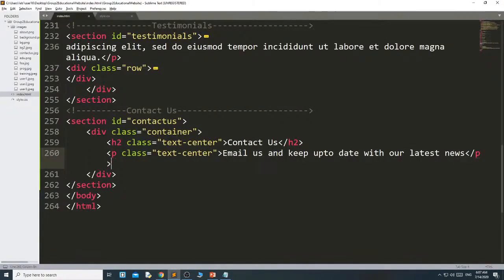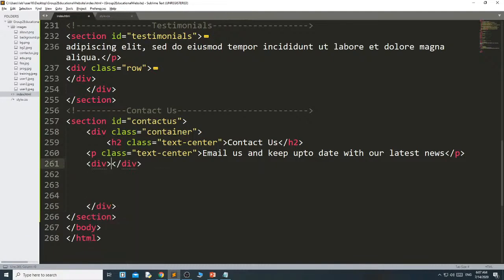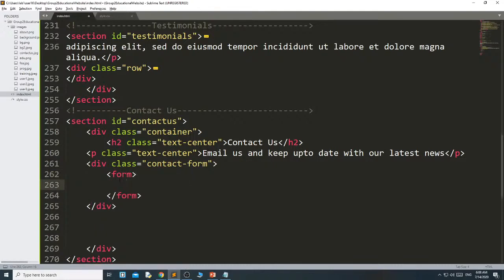Then here, simply inside this div container, I want to create another div. Then for the class, I am giving the class name contact form. Inside this contact form, this is the HTML element. Then div